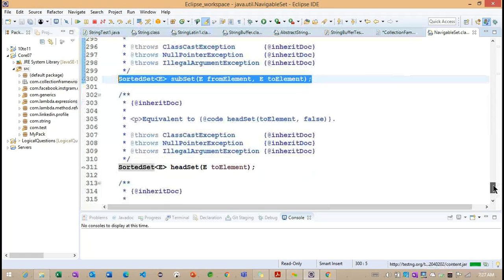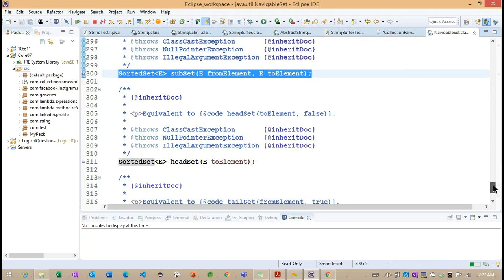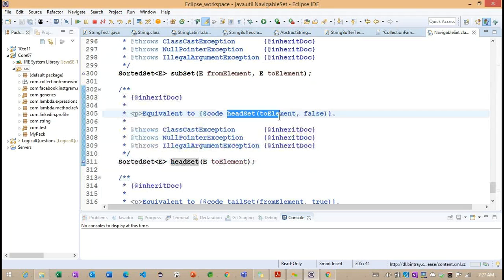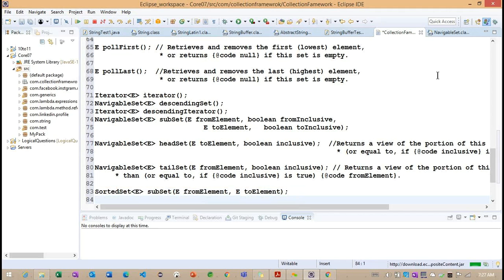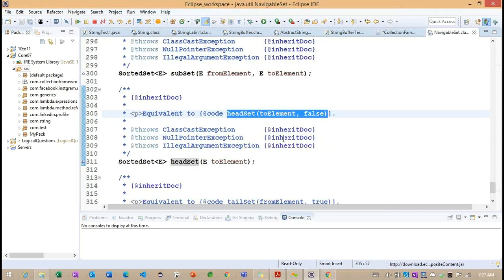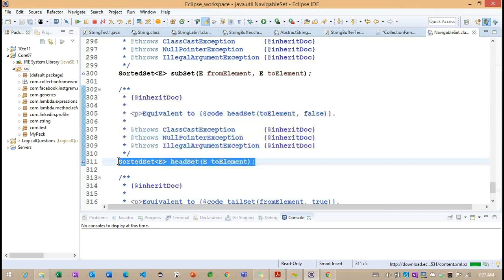And what is the final method we are having? The tail set method. Now we can see this particular method is equivalent to another particular method. I will try to define this particular method because those are equivalent to other methods here.